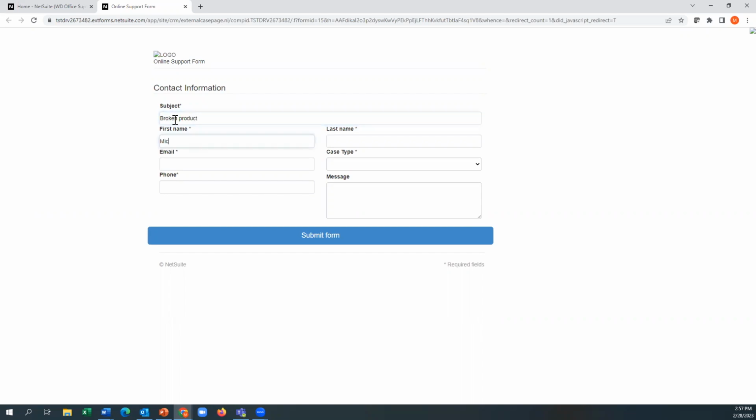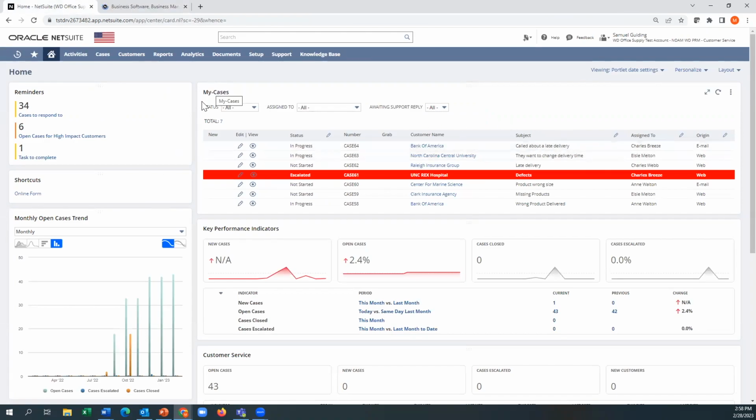All right, and then they would type in their information here. And we'd say what's the problem, and maybe I'm saying bad broken product. All right, once they fill that out, they submit the form. That will send the case into NetSuite. It'll update this list. And then these cases, once you take a look at one here,